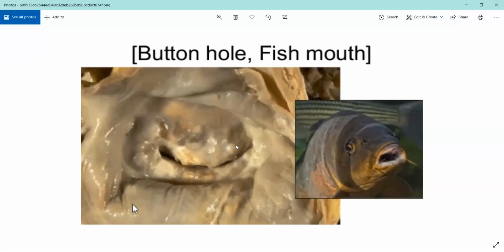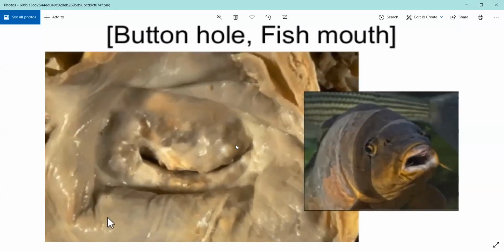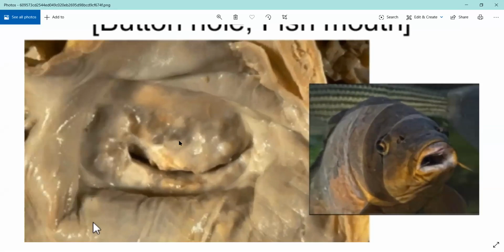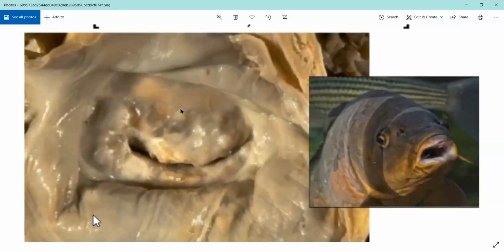See, so as you can see, it is also called buttonhole, okay, buttonhole stenosis or fish mouth stenosis. Stenosis is said because it is not able to open completely, right? Stenosis is a property in which your valves, or any particular part of your body, are not able to open properly. Insufficiency is where it is not able to close properly. Here something like that happens.